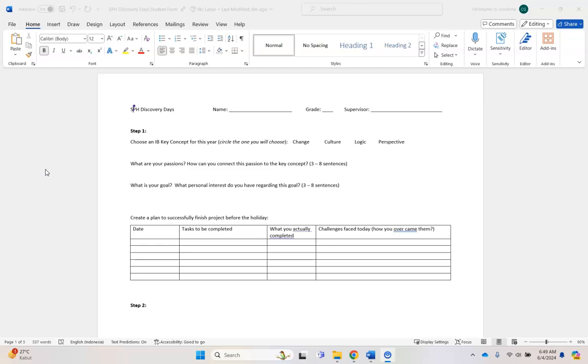Once you have that finished, you need to create a timeline for finishing your project. The last day is June 13th. I'm not sure what it will be this year. You'll take that, make the last day June 13th, and you'll go the other way, right, from today, which is June 4, and you'll start making days and lists, tasks to be completed. What do you need to have finished? By June 5, step 1 needs to be completed.